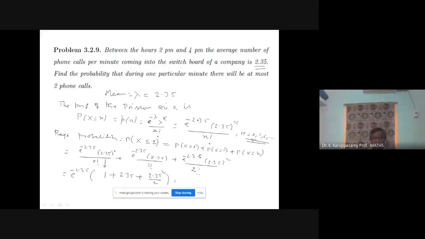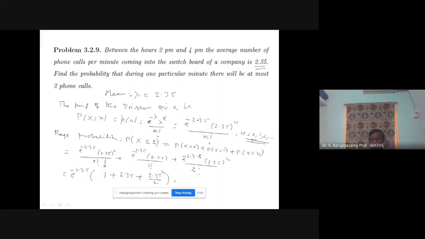Press shift and ln buttons, and your calculator will display e. Then open the bracket, minus 2.35, close the bracket. So your calculator will display e of bracket minus 2.35. This is e power minus 2.35 into